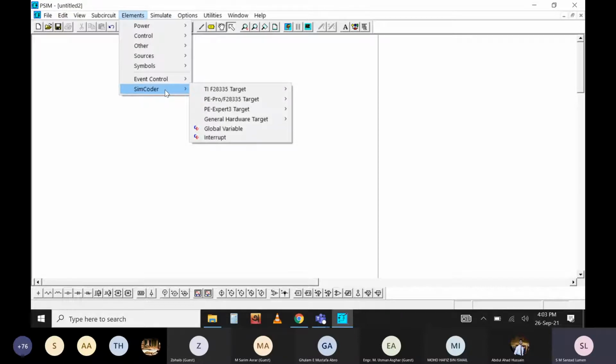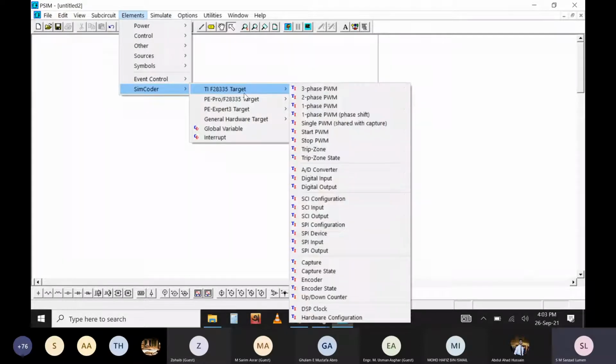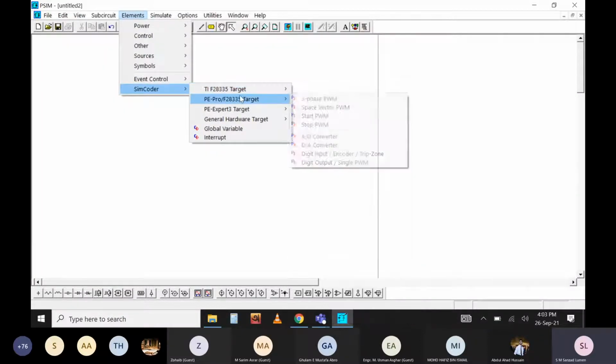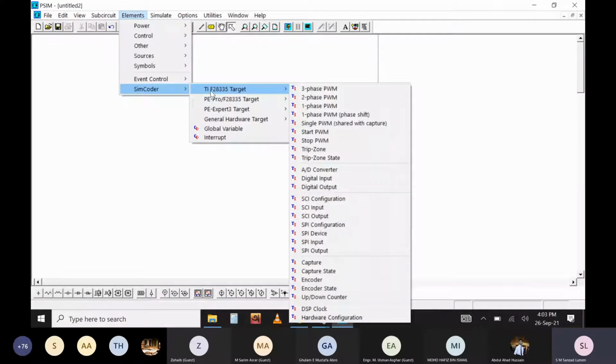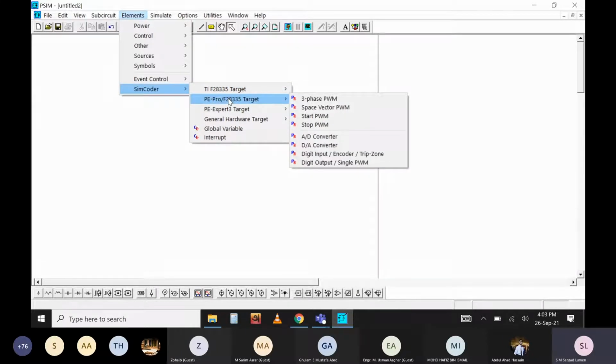And this SimCoder is for the target application. If you design a circuit and build your control system here, there are different kinds of target boards available. These are development boards, actually Texas Instruments development boards. Some other model boards are also available.